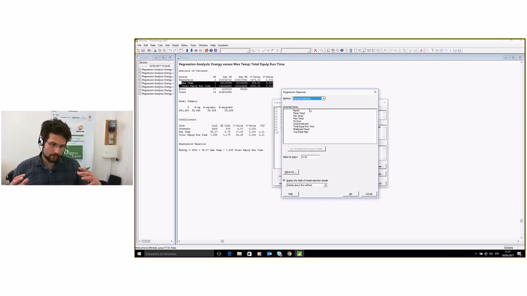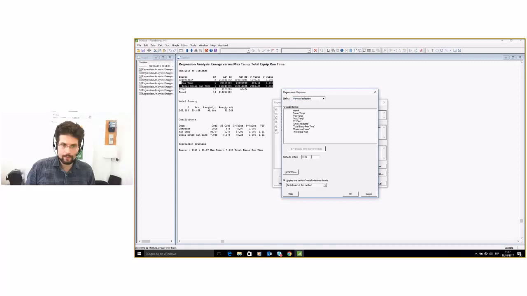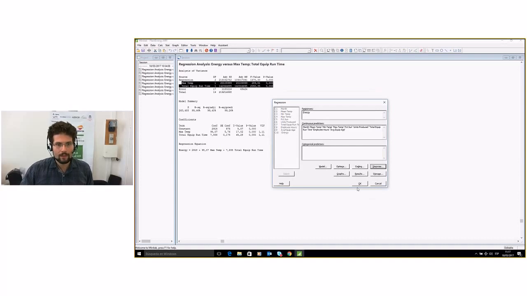What we want to do, because we're making things more automatic, we don't want Minitab to just get rid of many factors and then realize that, well, really we would have been interested in considering these factors. So we buy ourselves more margin to be able to finalize the model manually if needed. So here we have this alpha. It's predetermined by Minitab, but if you need to change it for some reason, you can. And here at the bottom, you can have options to select a table for the model selection detail, either just the method or in each step that we're going to take. So I'll check each step so that we have more information and we're able to have a deeper look into that. Click on OK,